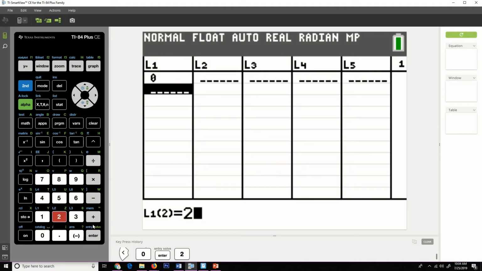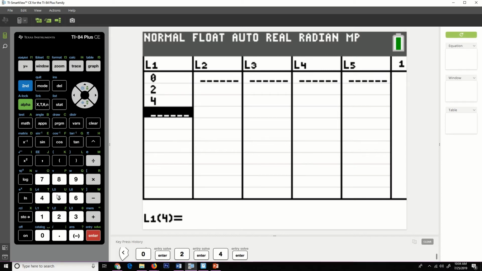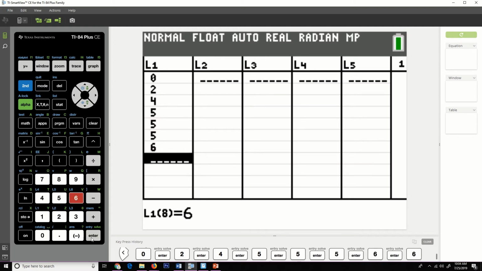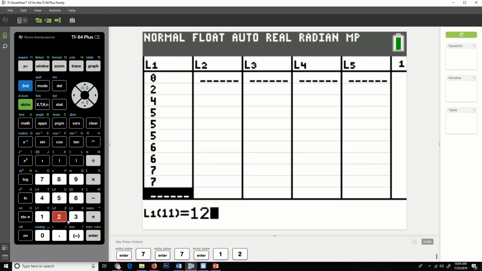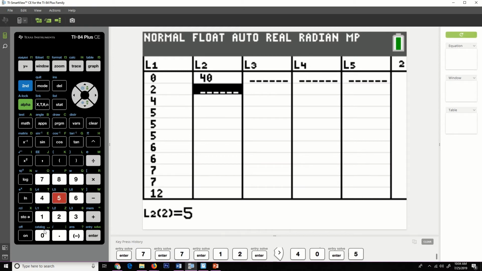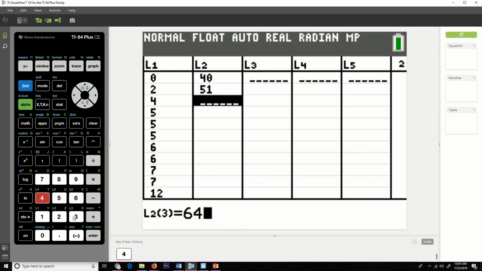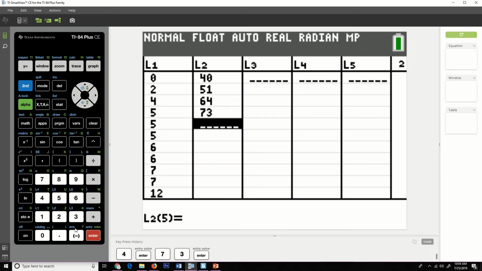So 0, 2, 4, and then there are 3 5s, and then there are 2 6s, and then there are 2 7s, and then there's a 12, and then I hit the right arrow key to get into L2, and so 0 got a 40, and then there's a 51, and then a 64, and then a, let's see here, it's a 73 for that first 5, and there's a 70, and then a 73, and then